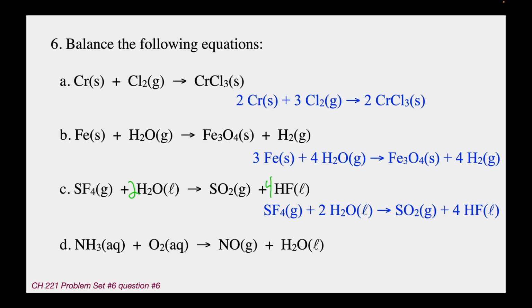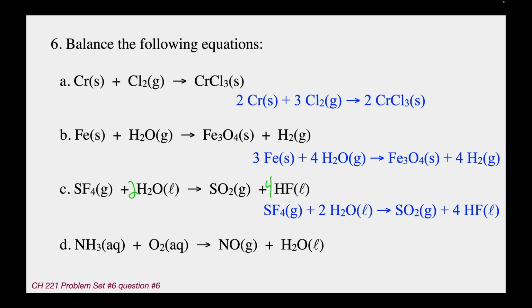The next one is a little bit tricky though, and here's why it's tricky. Oxygen appears in both products on the product side, and oxygen is only on one reactant. So if we adjust just one of them, there could be a problem adjusting the other one as well. And I'll show you what I mean by that. Now, oxygen's by itself, so let's leave oxygen alone until the very last minute here